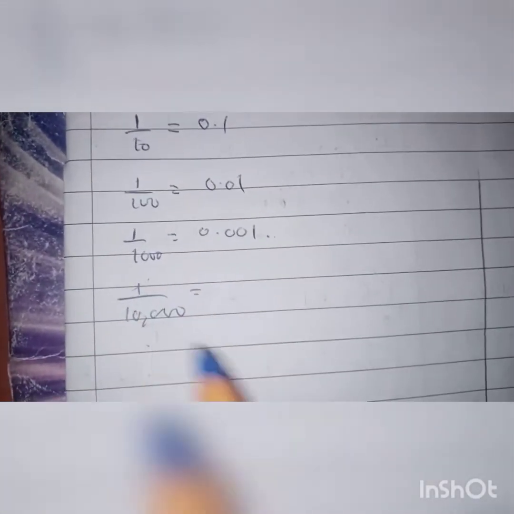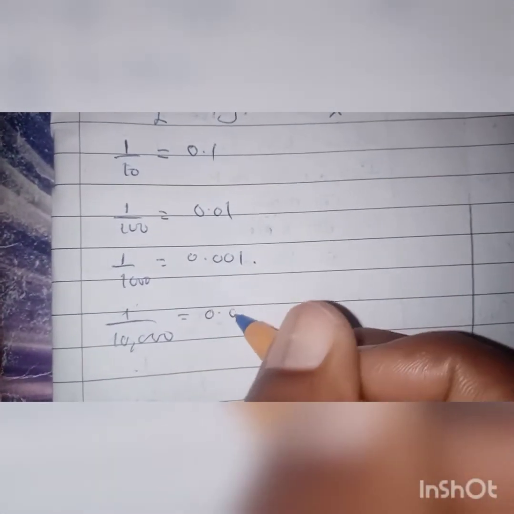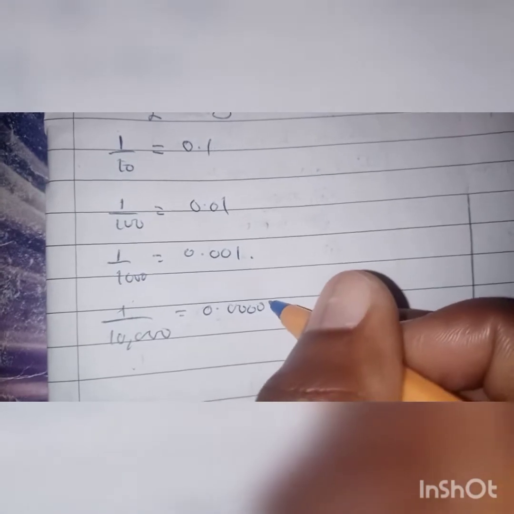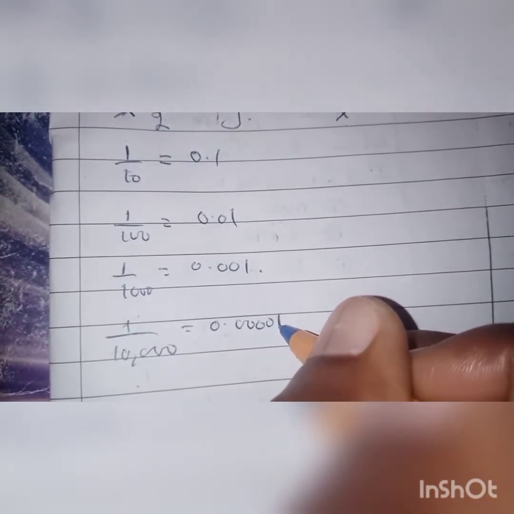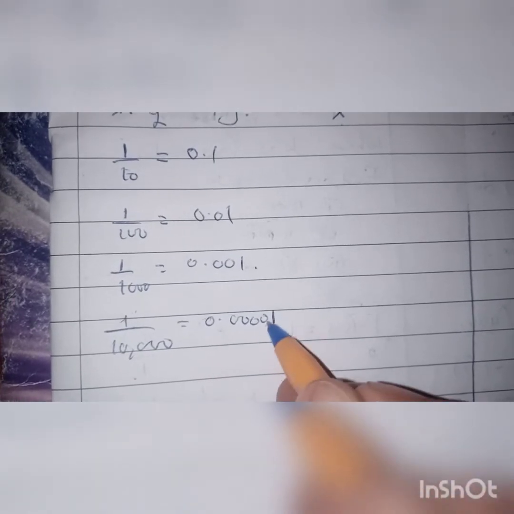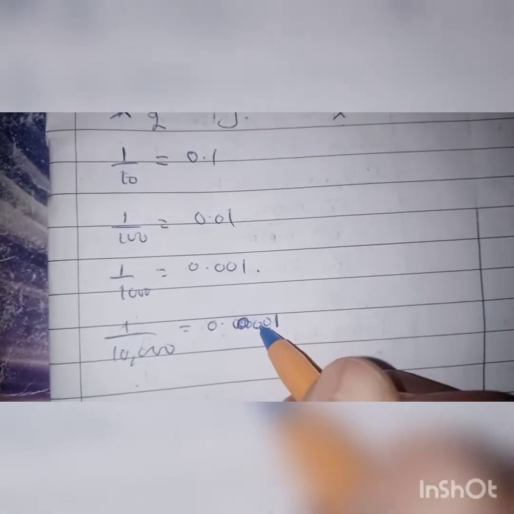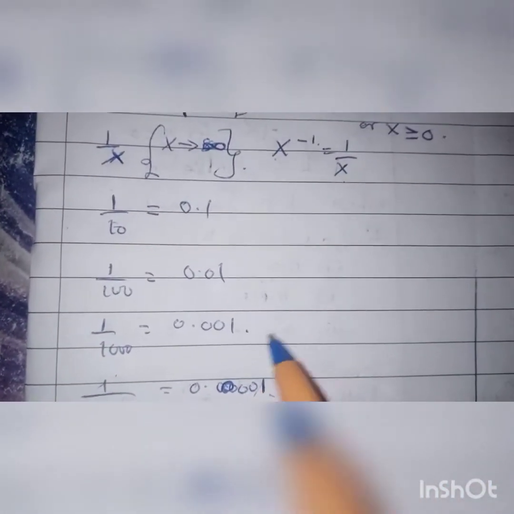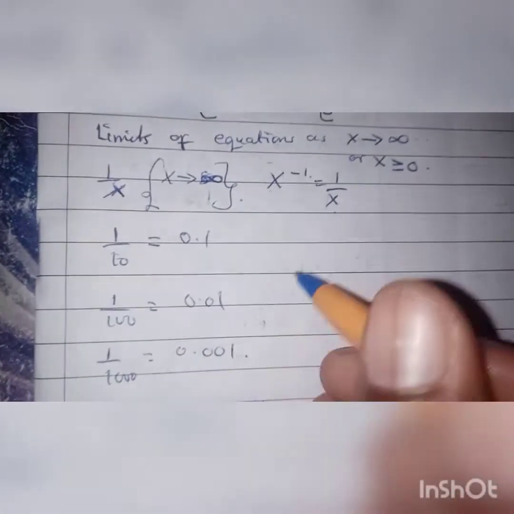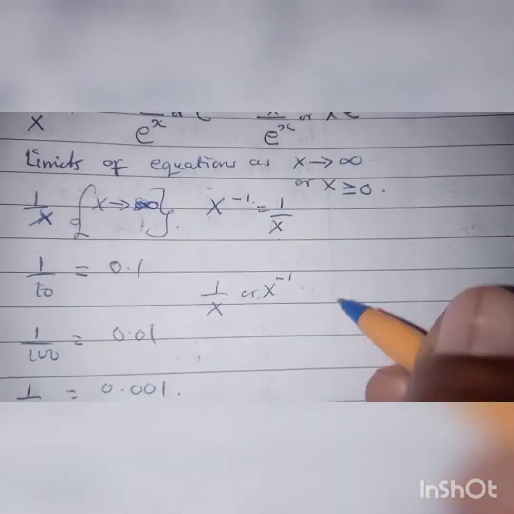Now, what is 1 divided by 1000? 1 divided by 1000, when you use your calculator, is just 0.001. So we can conclude that for the function 1 over x, or x raised to power negative 1, as x